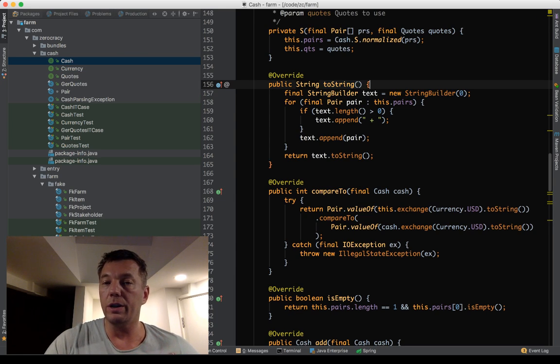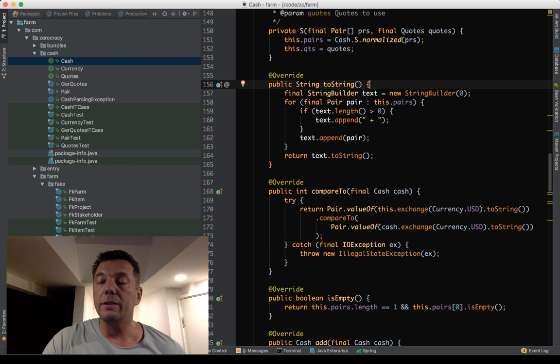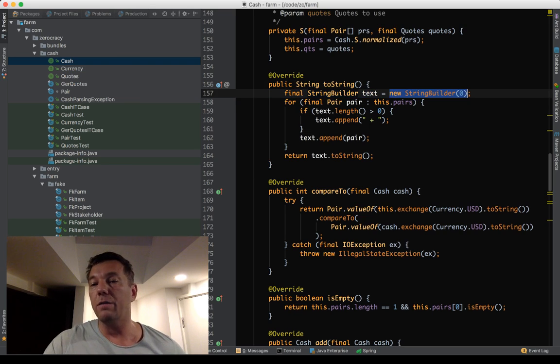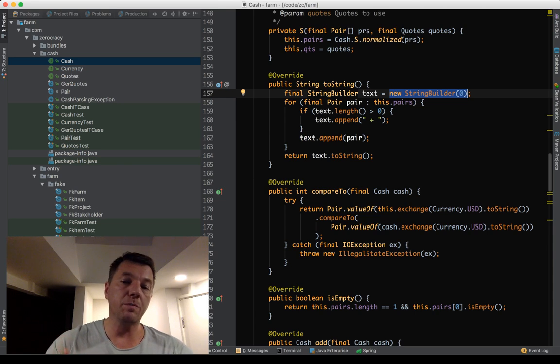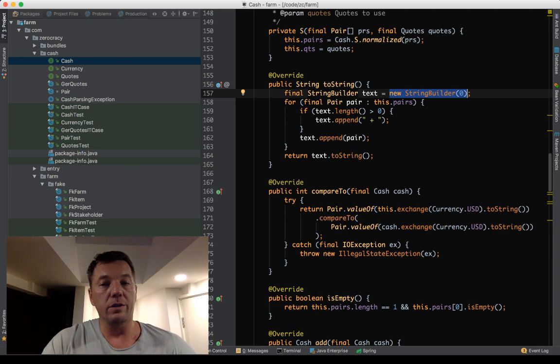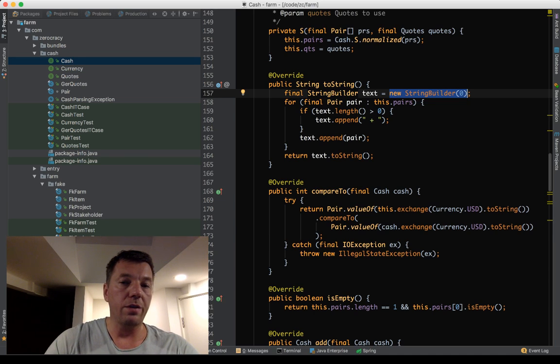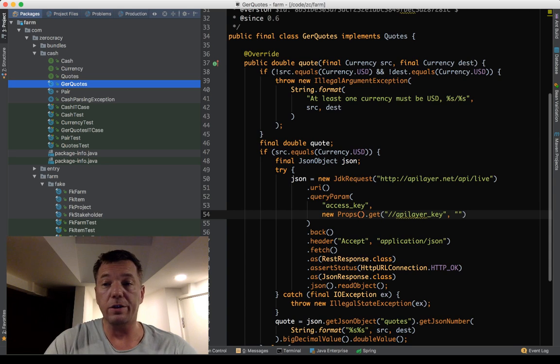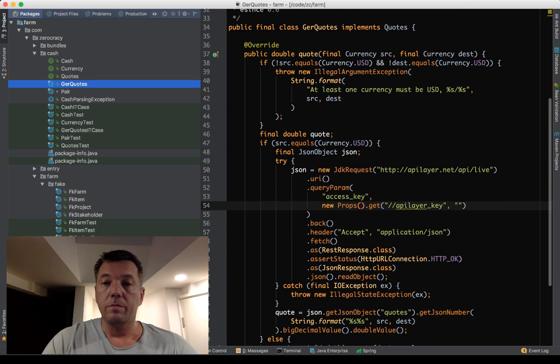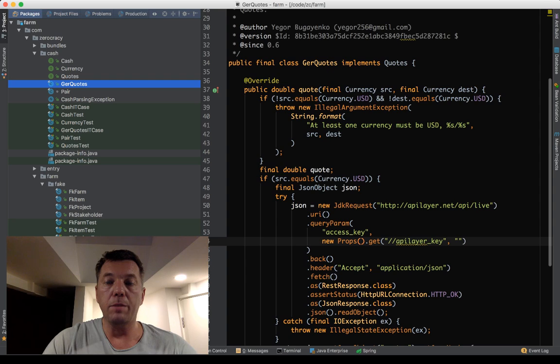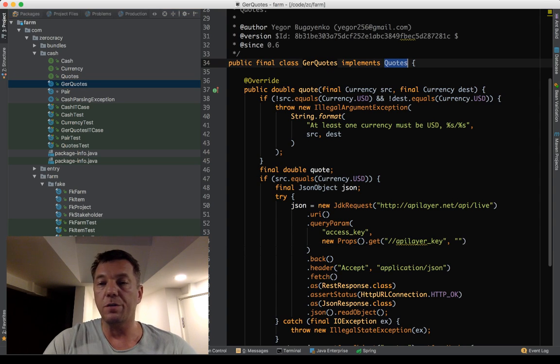We can use it in unit testing. We can get this class and use it somewhere else. And we don't really want this method to work with anything else aside from StringBuilder. So StringBuilder is fine for us because it's cheap. But some resources are more expensive, and the more expensive they are, the more difficult it becomes to test the class. I'll show you another example, which we're going to refactor now. This one. So this is the implementation of a quite primitive interface, Quotes.